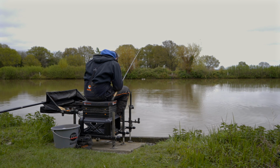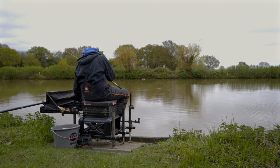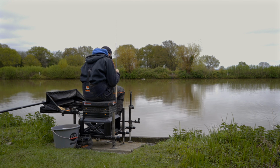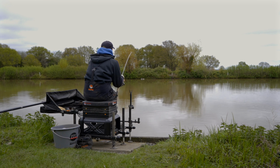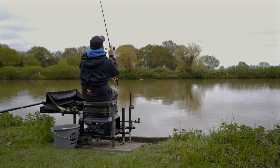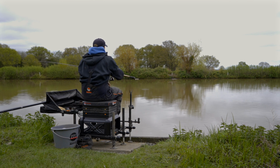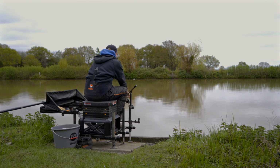Hook bait wise, I've got 4 dead maggots on. I've got a mix of reds and whites. I've got a size 14 Excess Spade on there, which is a big wide gape strong hook, and then I've got a 22-inch hook length of 020 Supernatural, so it's nice and strong. The rules at the Glebe are you've got to use a 22-inch hook length below your feeder,